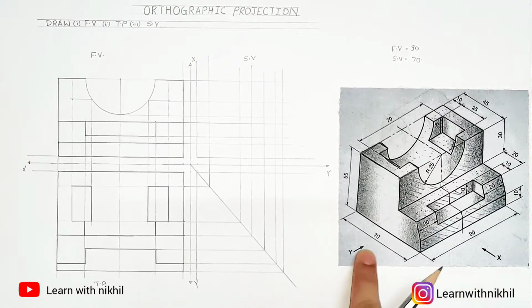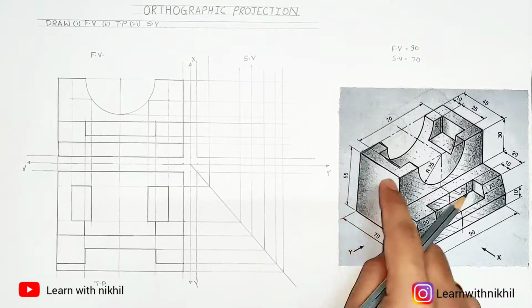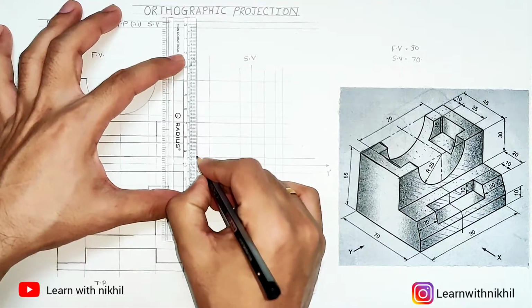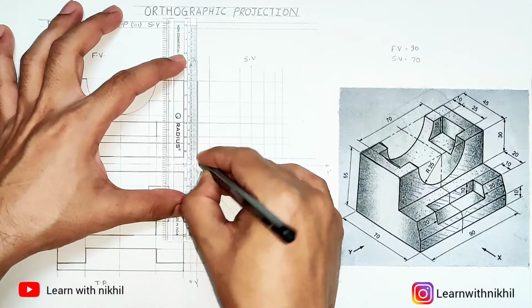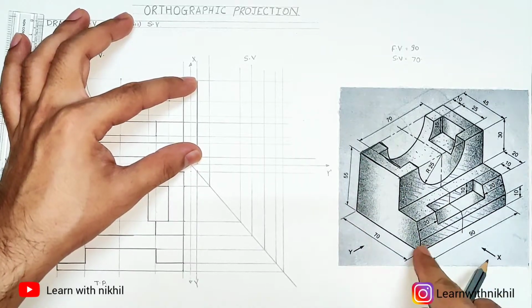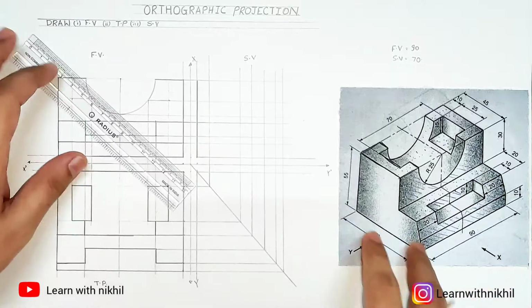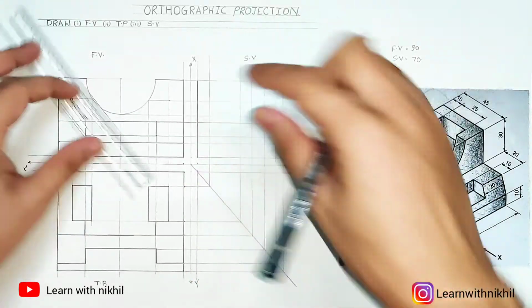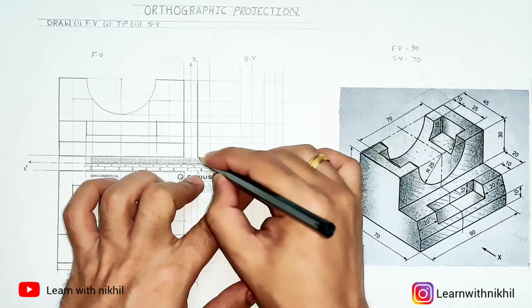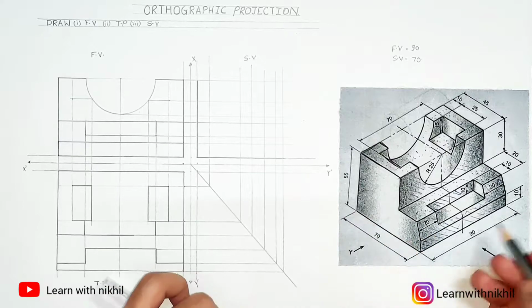Begin with the side view in the direction of Y. This part will be visible from the side view with a height of 65, which is projected from the front view. So we'll draw a straight dark line. This height is 65 millimeter and the width is 70 millimeter. It is being projected from the top side. So from this side it is projected. So we'll draw a straight dark line and we'll get this L shape which is visible from the side view.